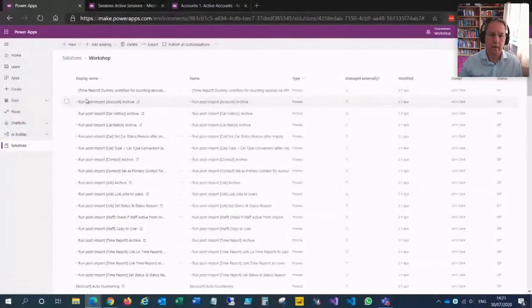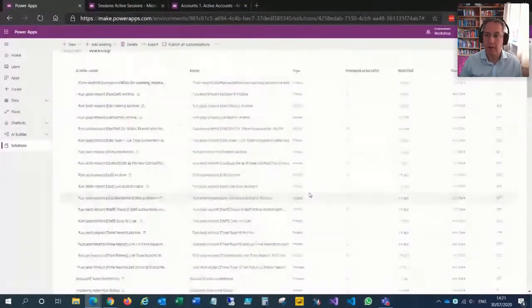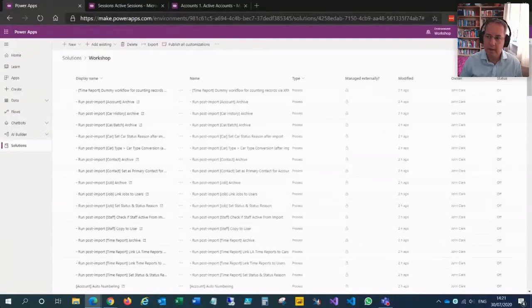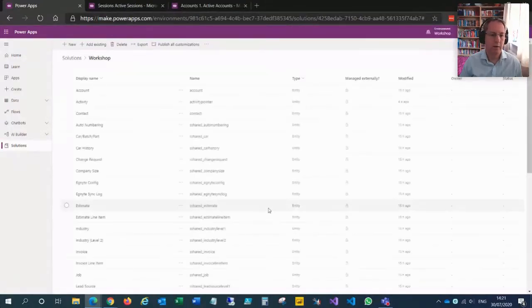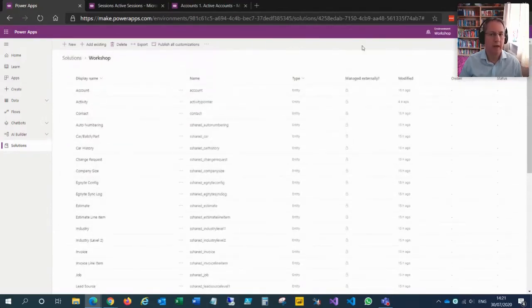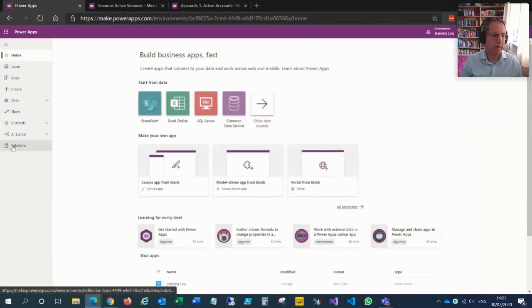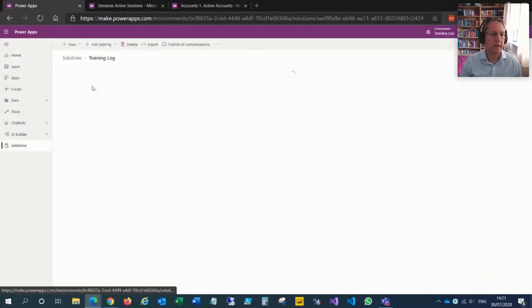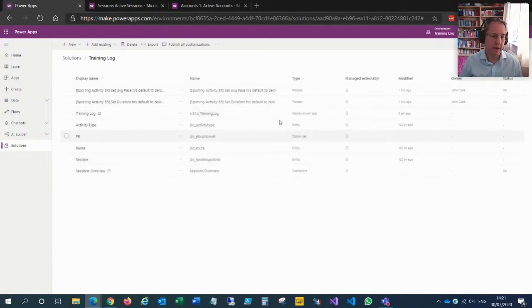This is a big long list of all the things in my app, but Microsoft calls a different type of record an entity. Here are all the lists. I'm looking at the wrong app. Training log solutions. Come on, there we go. These are the things of the app. It really is quite simple, not a lot. But you know, you can do things. If I go into that,